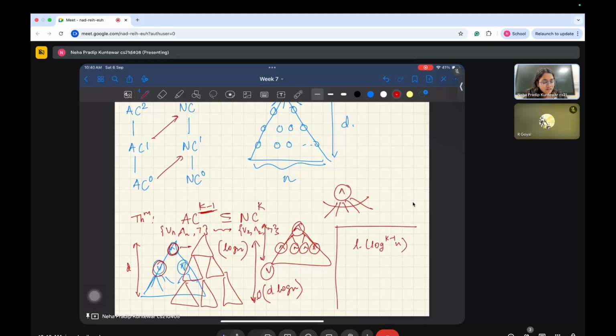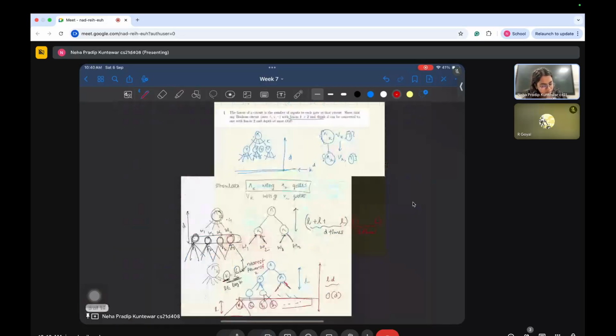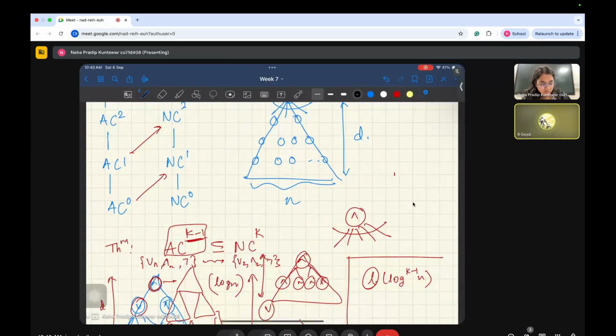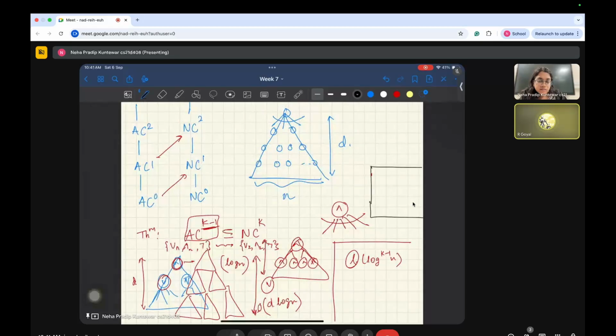Okay, because we are at AC k minus 1, and this L that we saw, sorry, instead of L, this should have been some other quantity. Say it's the original input. So you can write it as some quantity, say n here. So if you write n here, basically what we want to show is that